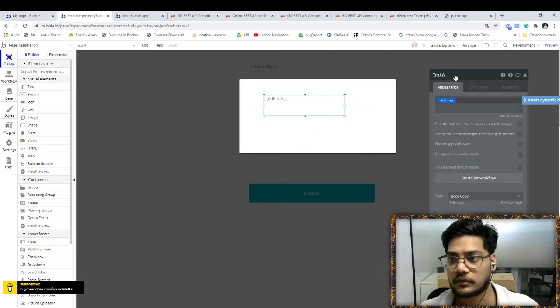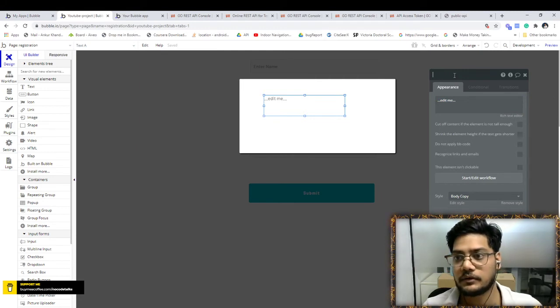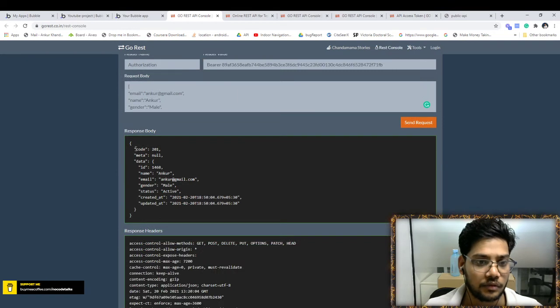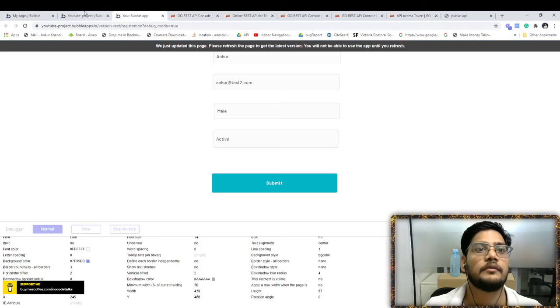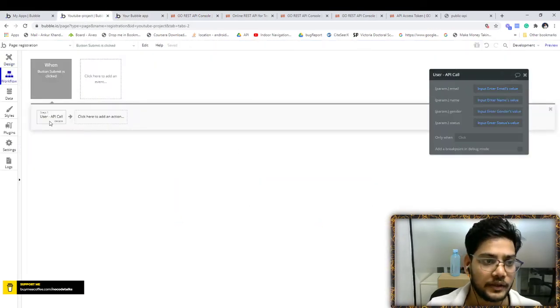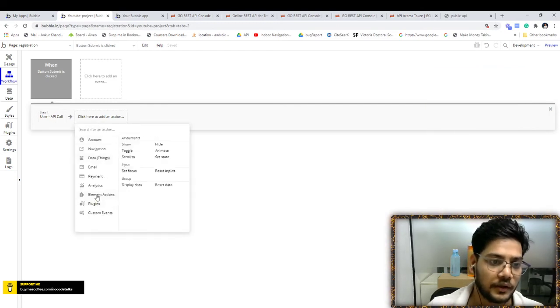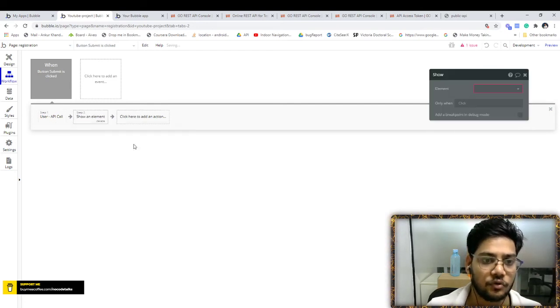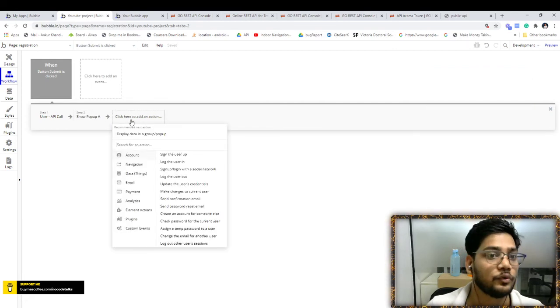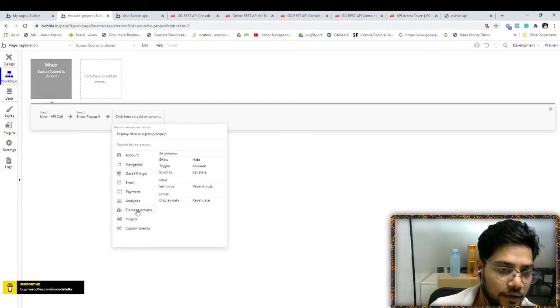So this is text A. We will keep it as response ID, user ID. So when you call the post API, you will get some response like that. So in the data field, you will get an ID. So we will highlight it. We will show that API response. It is by default. So go in the workflow, API call, click over this element action, click over show the pop-up, our pop-up is this, and now show the value. So we have to show the value.